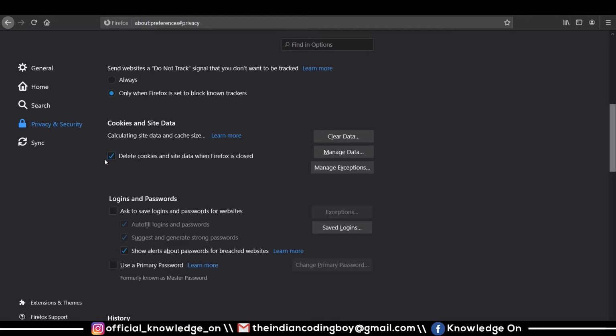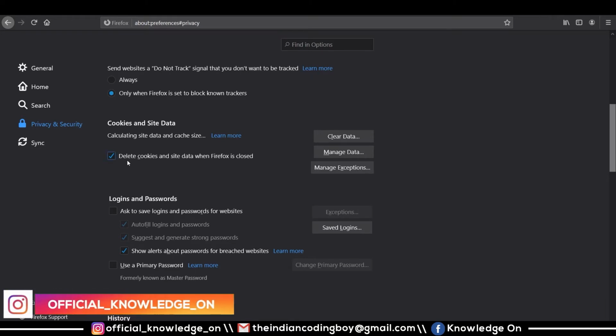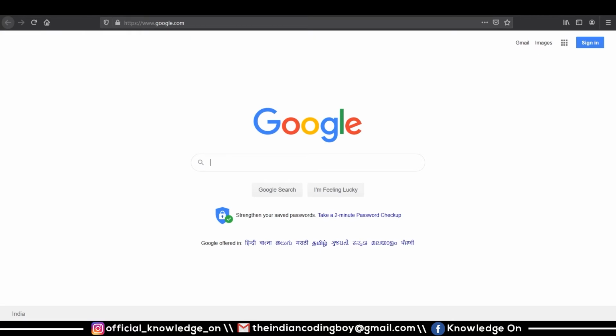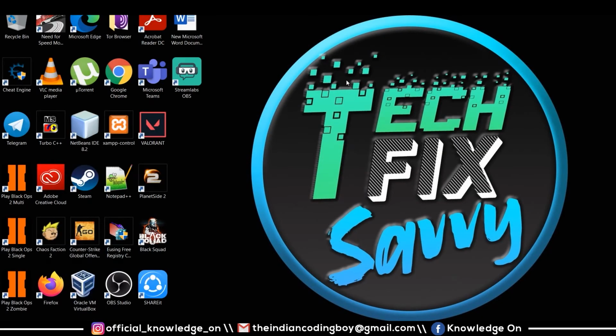If somebody takes access of your computer through any virus or anything, they can simply take the cookie data and use the login information to log in to Google. And Google stores every data, like where you go, where you come, and what you do on your mobile, on your computer, what you search, what YouTube history you have. Everything is stored under Google. If your cookie information is taken away from your computer, it is a little riskier. So now I have cleared data, and I have cleared almost 1 GB of space. Likewise, if you haven't cleared this for a long time, you can clear it now, so you can have a little more disk space.